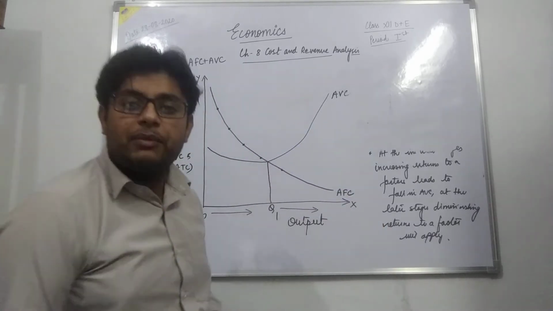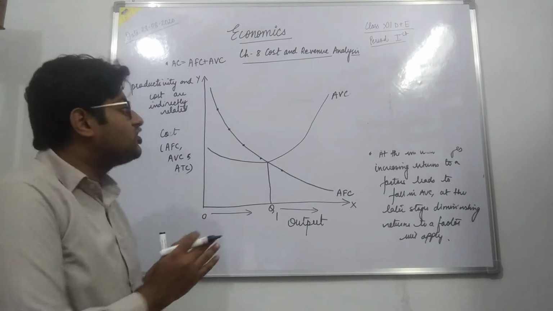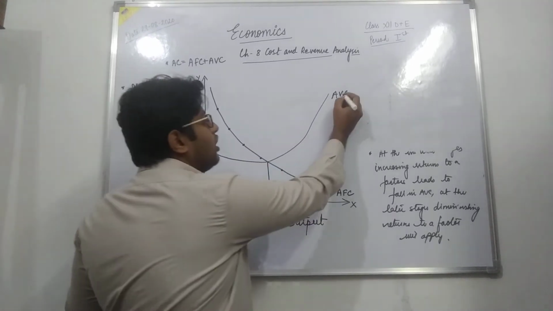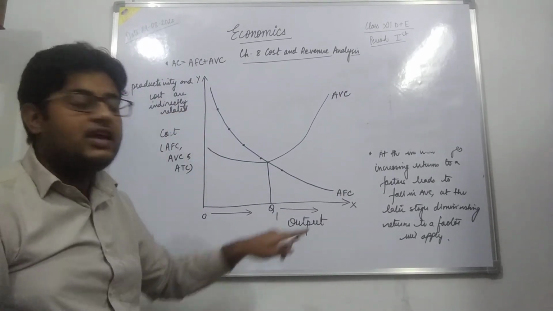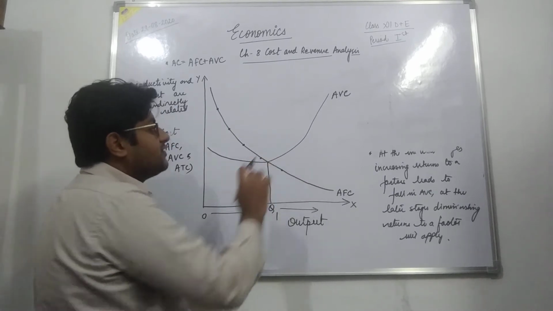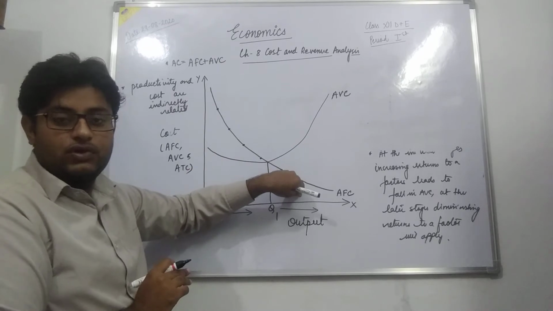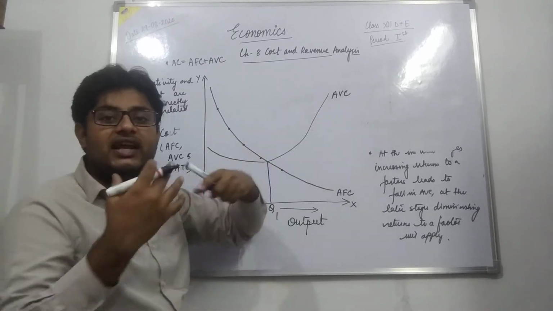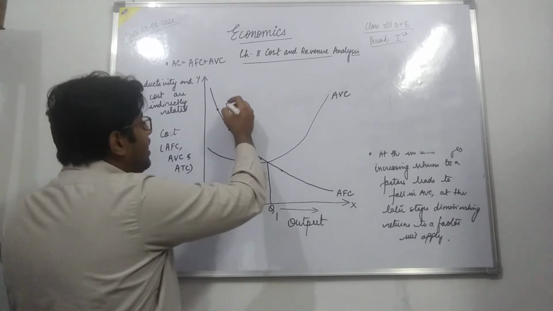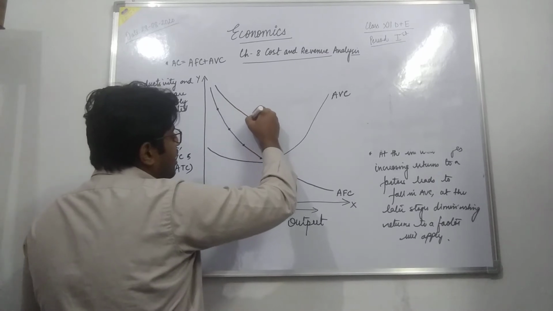Okay. Now coming on to our average total cost, that is the summation of AFC and AVC. Average total cost is nothing but the summation of AFC and AVC, and since it is the summation of both the curves, it will always lie above both the curves. Okay, when AFC and AVC are added, the result will always lie above them. That is why my average total cost starts from here, it falls